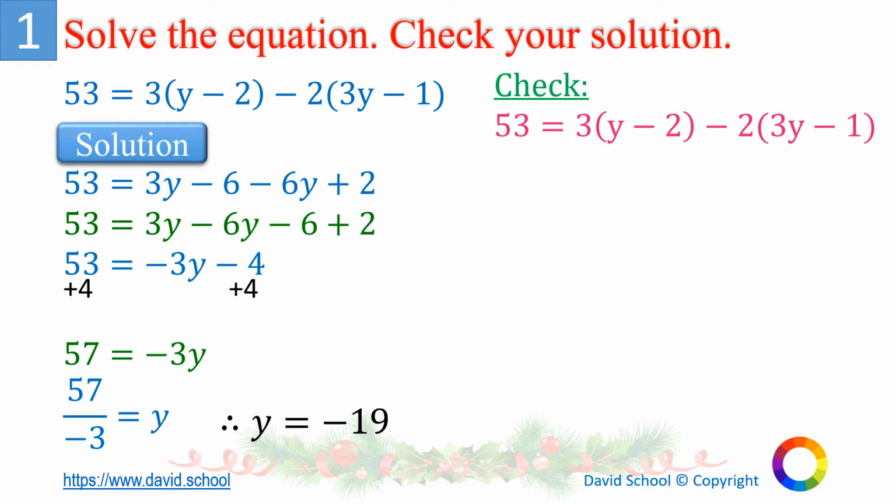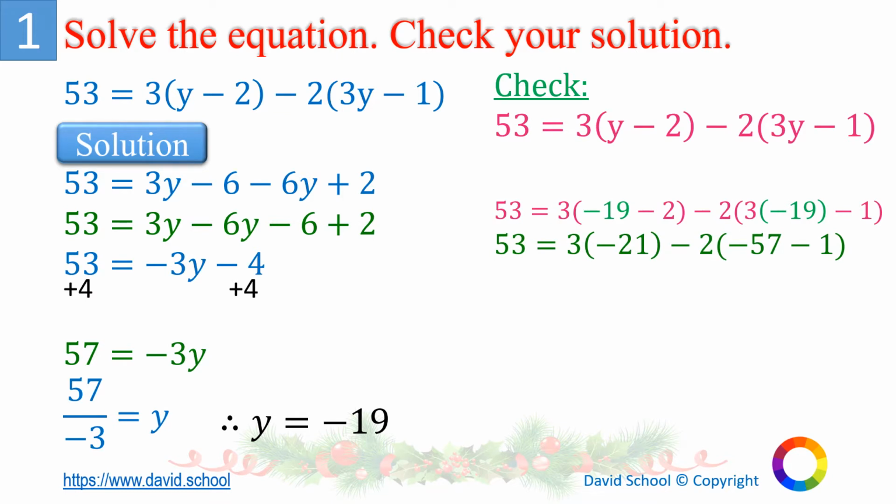Replace y by negative 19, and then we will simplify. 3 times negative 19 minus 2 is negative 21, and 3 times negative 19 is negative 57. And then we simplify further. 3 times negative 21 is negative 63, and negative 2 times the sum of negative 57 and negative 1, which is negative 58,